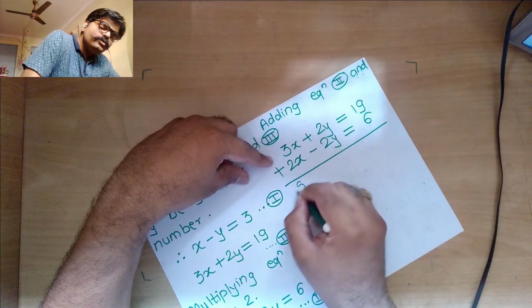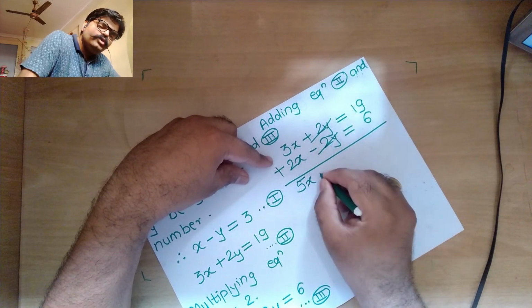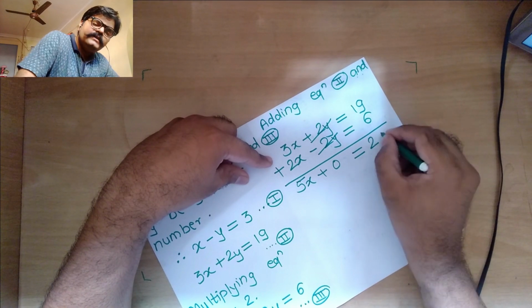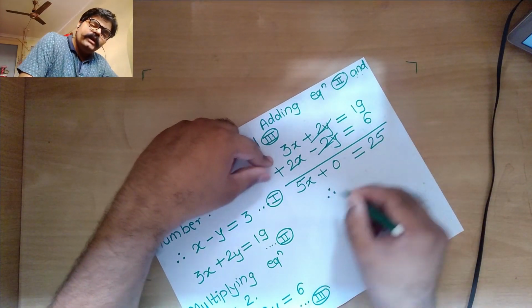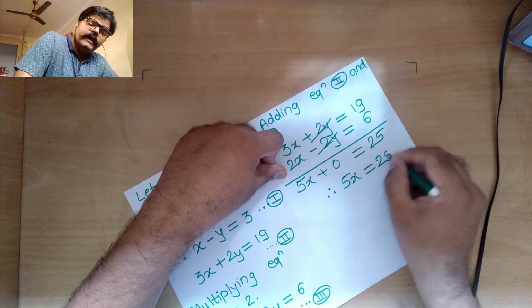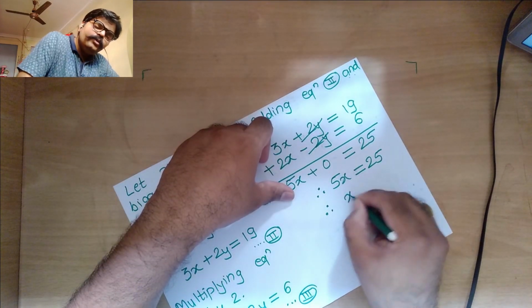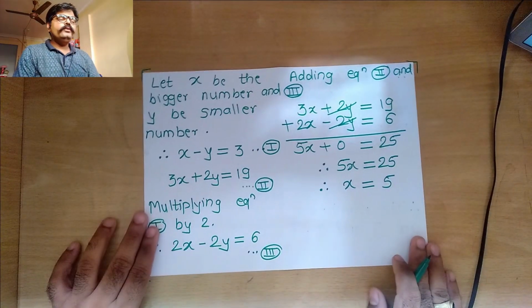Therefore 3x plus 2x, that would give us 5x, plus 2y minus 2y, that will give you 0, equal to 19 plus 6, that should be equal to 25. Since we are actually after x value, therefore equation will look like this. 5x is equal to 25, and after dividing both sides by 5, we are going to get x value as